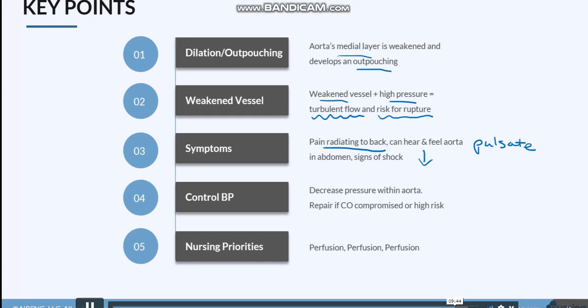And then you'll also see signs of shock because of that decreased cardiac output. Our number one goal is to control blood pressure so that we can decrease the pressure within the aorta to prevent any kind of worsening or rupture. And then if the cardiac output is compromised or the patient's high risk, we're going to repair either through an open surgery or an endovascular aneurysm repair. And again, our priorities for nursing are perfusion,